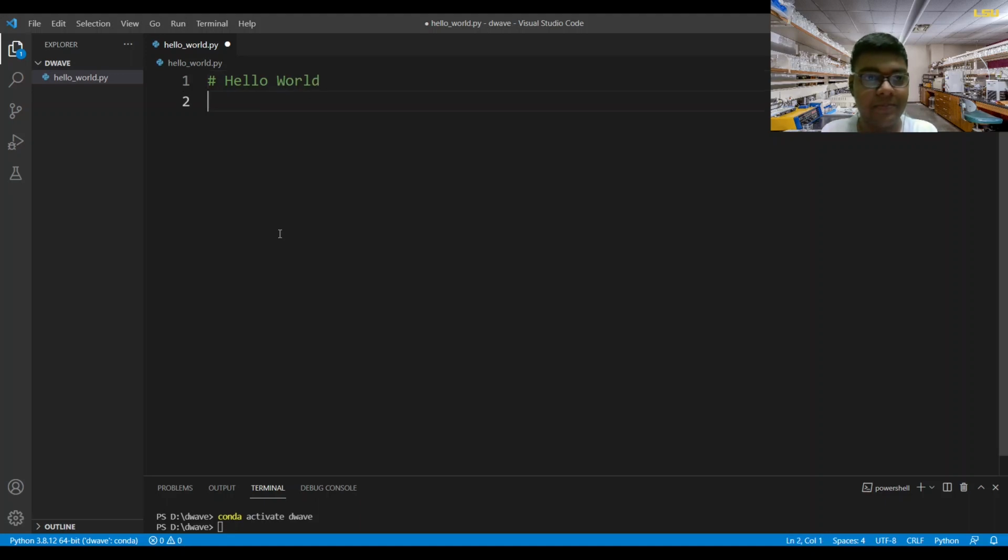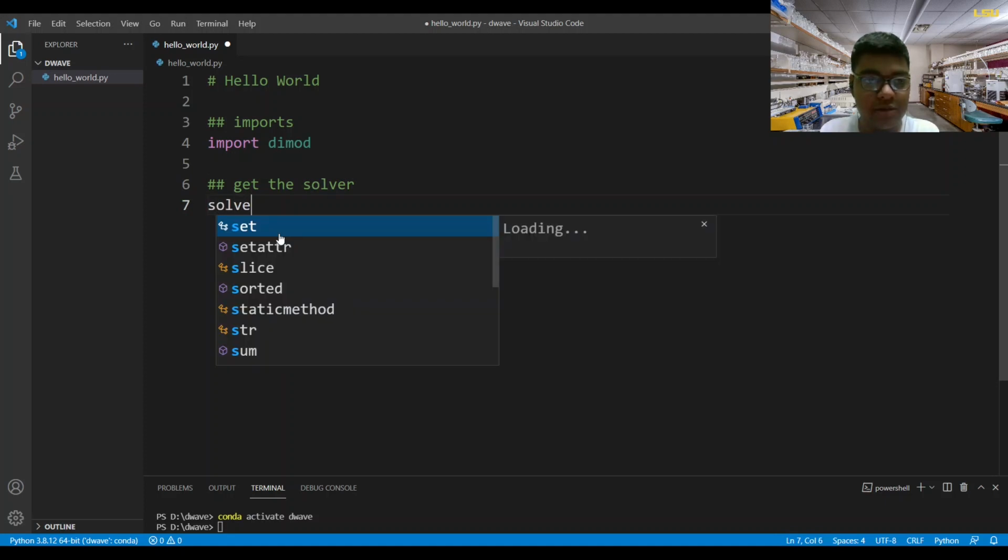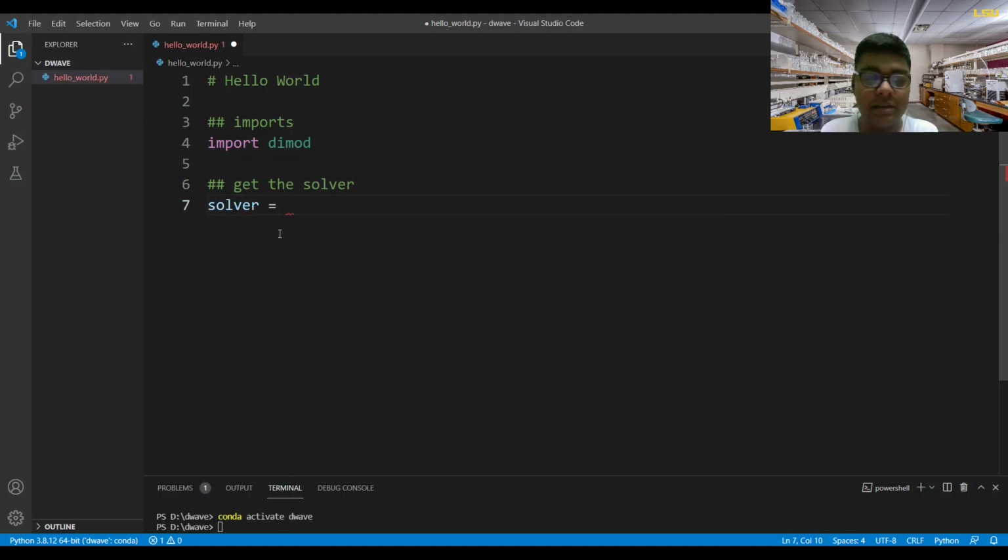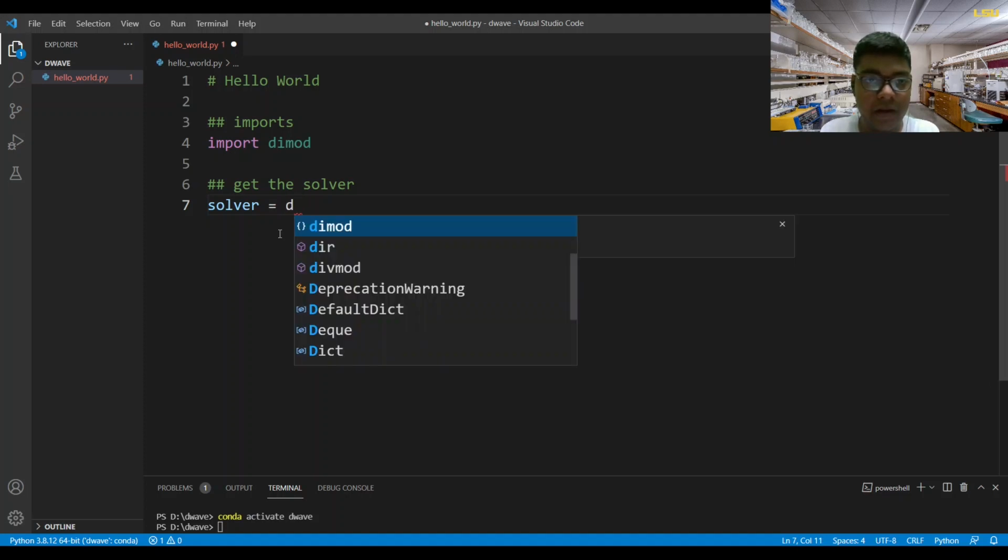Hello world. Then of course the first comes the imports. So we will import, yes, this is what we'll require today. And there are different packages, and every package has its own working and functions. Today we'll be using that one. So the second thing that comes, of course, is the solver. So let me just get the solver, and then we will talk about it. Dimod dot